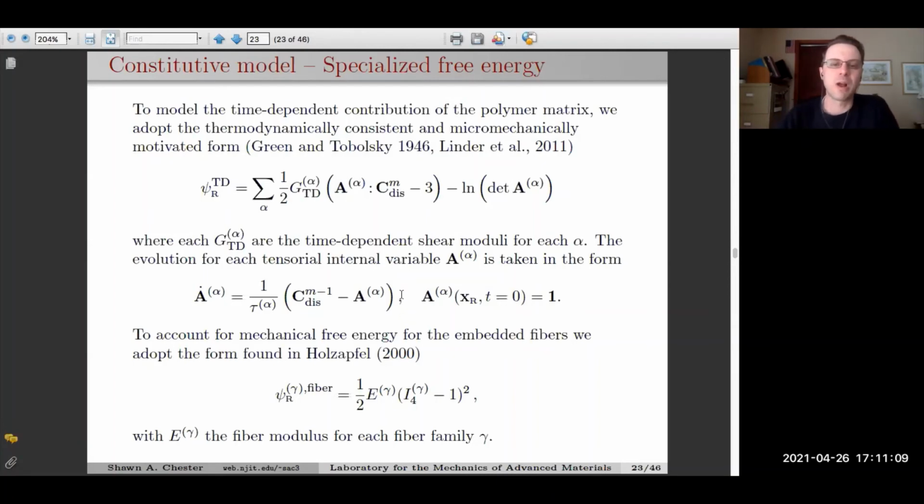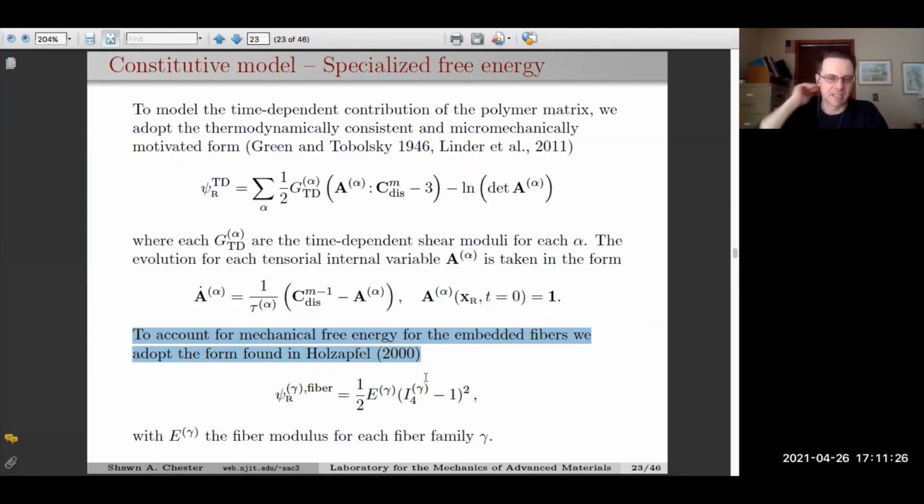But it works rather well, and that's why we use a sum of them rather than maybe a single nonlinear evolution or energy function. And for the embedded fibers, if everybody goes back to one of the basic solid